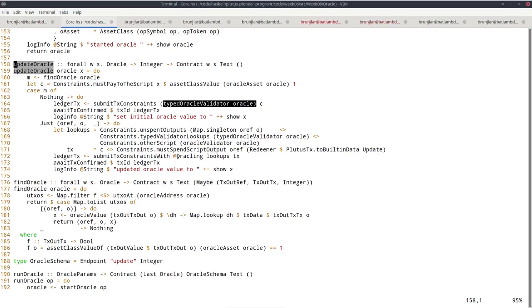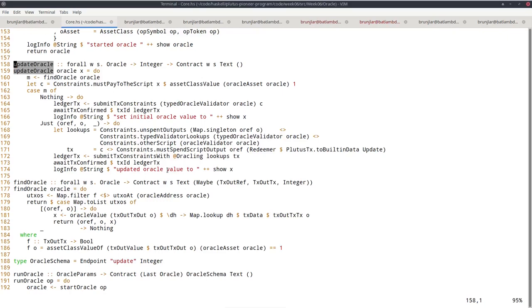We also have to give the compiler a nudge here to tell it what script we are talking about. Remember, I said all these constraint functions are always specific to a particular script. This basically signals what datum type and redeemer type this script has. So that was this weird oracling type I defined earlier, this helper type that just says datum type is integer, redeemer type is Oracle redeemer. We give the lookups and these constraints, and then hopefully get a balanced transaction that we submit, we wait for confirmation, and we log that we updated the Oracle value to X.